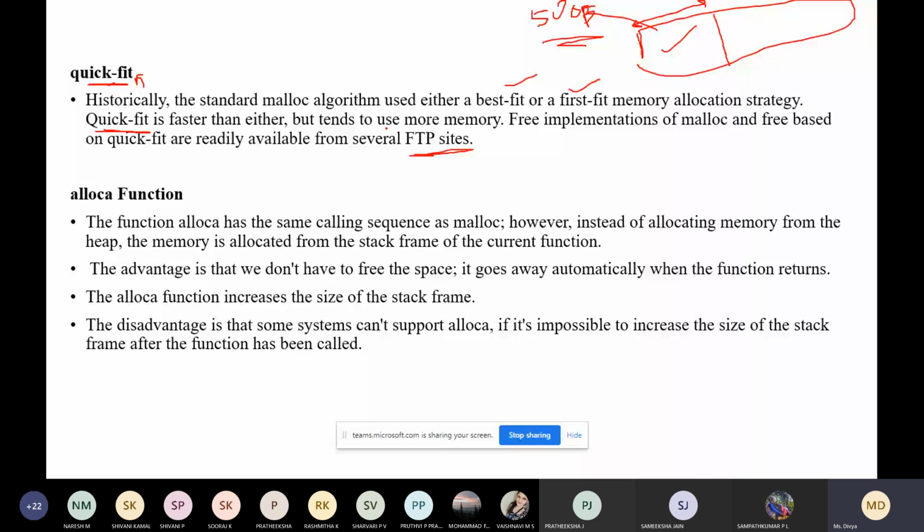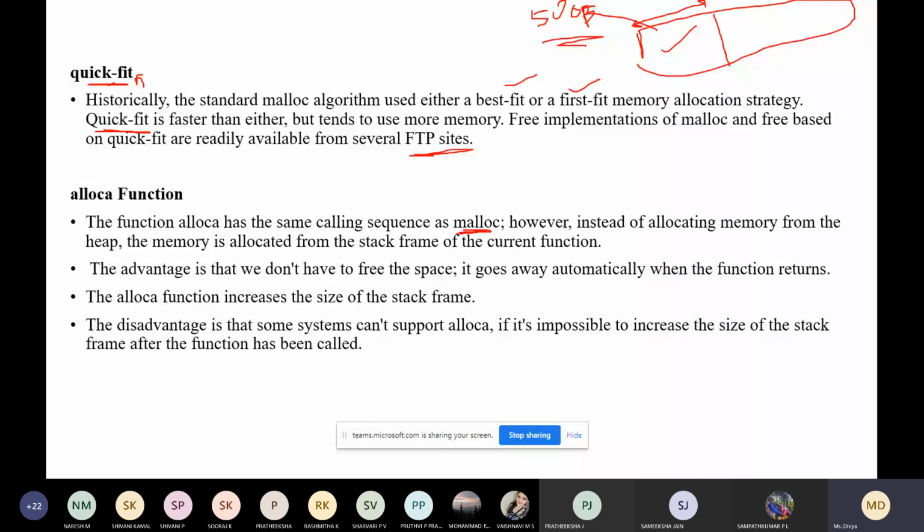The next function you have to understand is the alloca function, apart from malloc, calloc, and free. This function has the same calling sequence as malloc, so it is similar to malloc.